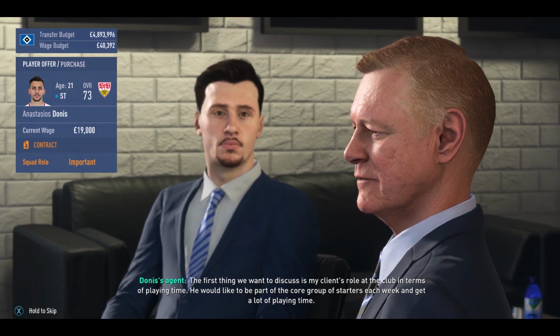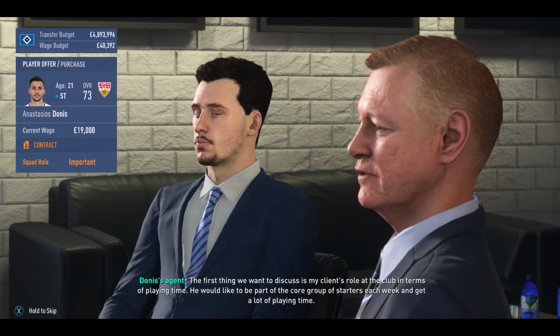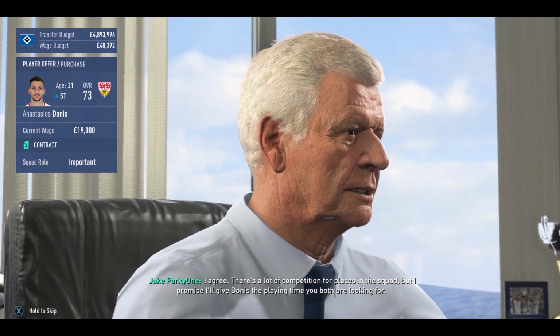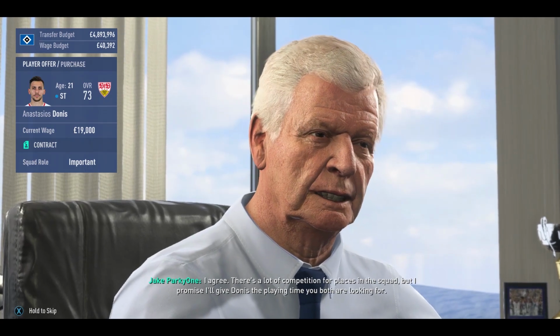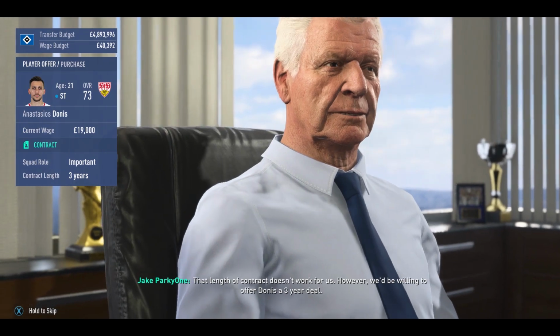Okay, so he wants an important squad role, and I'm happy with that. At least he's not asking for crucial straight away. So we're going to accept that straight away. But one thing that's jumping out at me straight away is that 19,000 wage. Like, I know we've got 40,000 in the bank, but